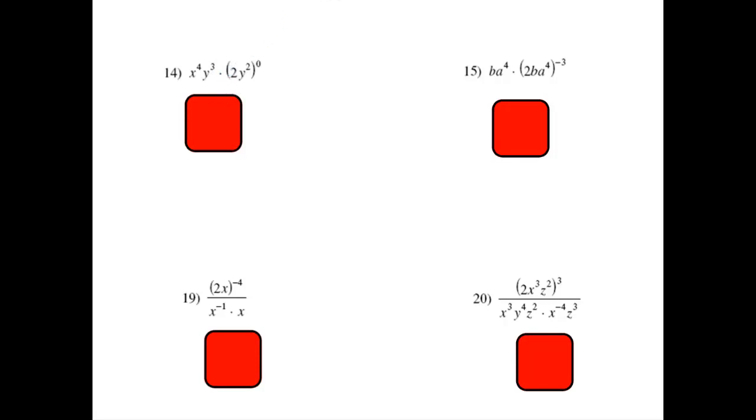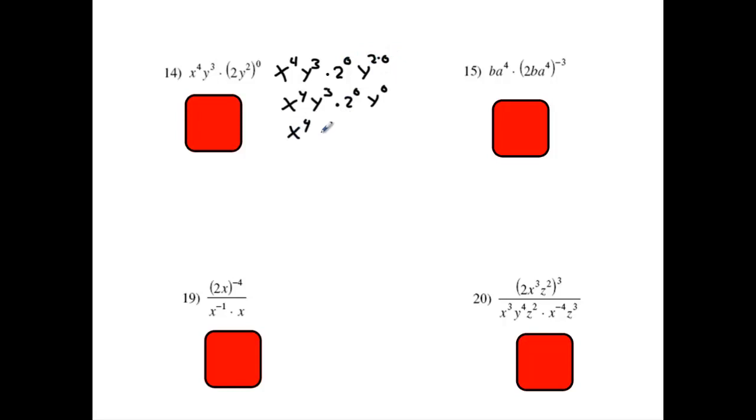Okay, the thing about this problem, if you notice here, is everything here is going to the 0 power. So all you're really getting here is x to the 4th times y cubed times 2 to the 0 power times y times 2 to the 0 power. That gives you x to the 4th y cubed times 2 to the 0 power times y to the 0 power. Because remember, you're multiplying everything, all the exponents can be multiplied here,